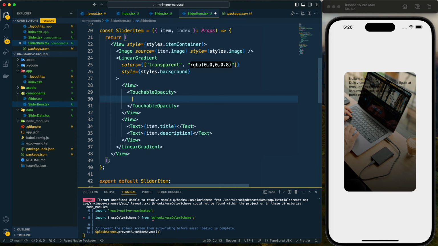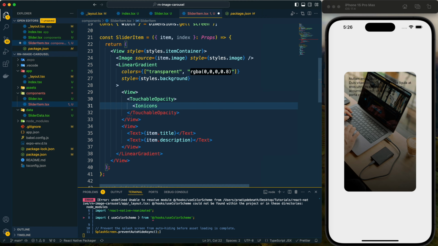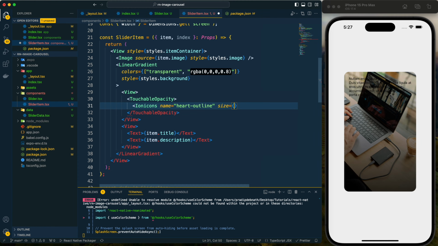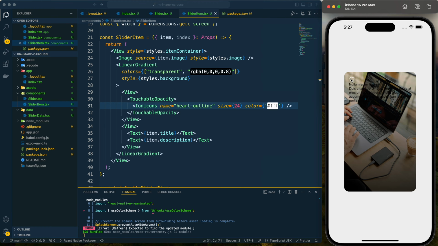Now within this TouchableOpacity let's provide the icon, and that icon will be from Icons. For the icon I will provide heart-outline. For the size I will provide 24, and let's provide the color white. So here we can see the icon.